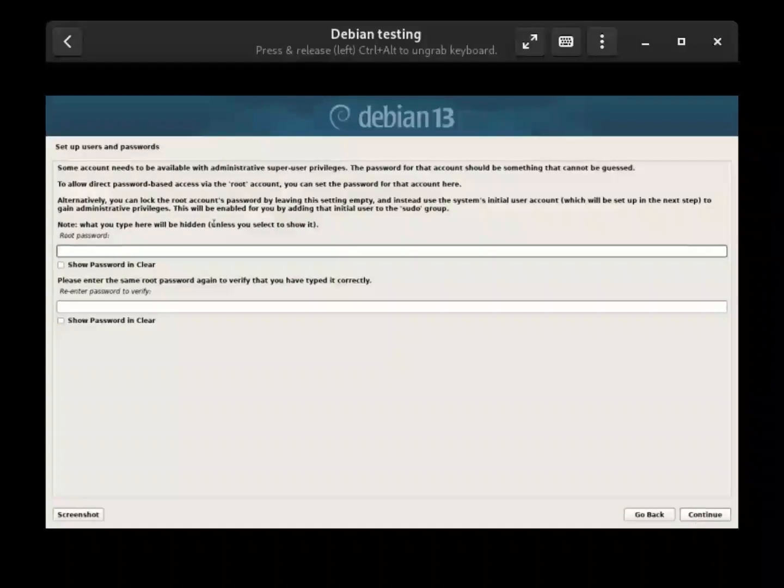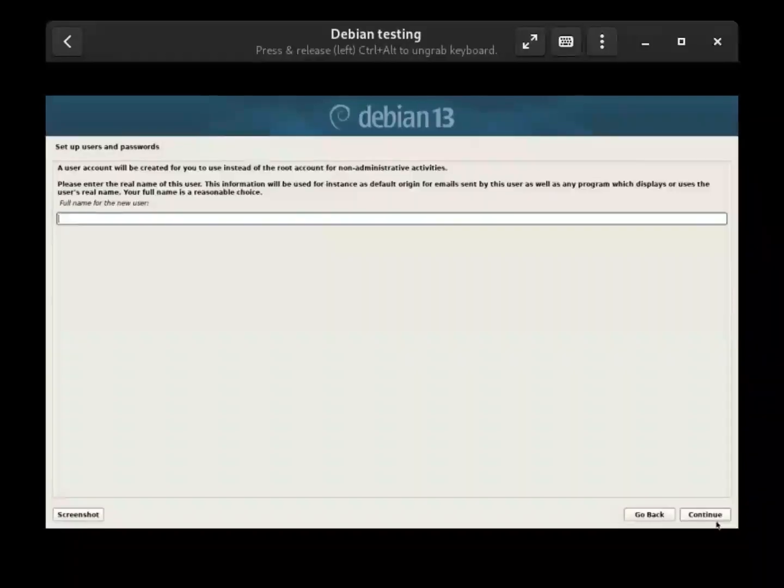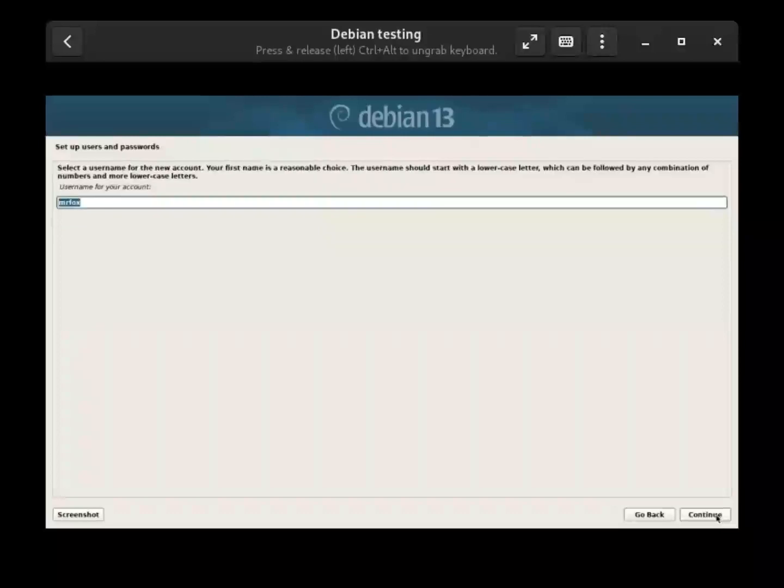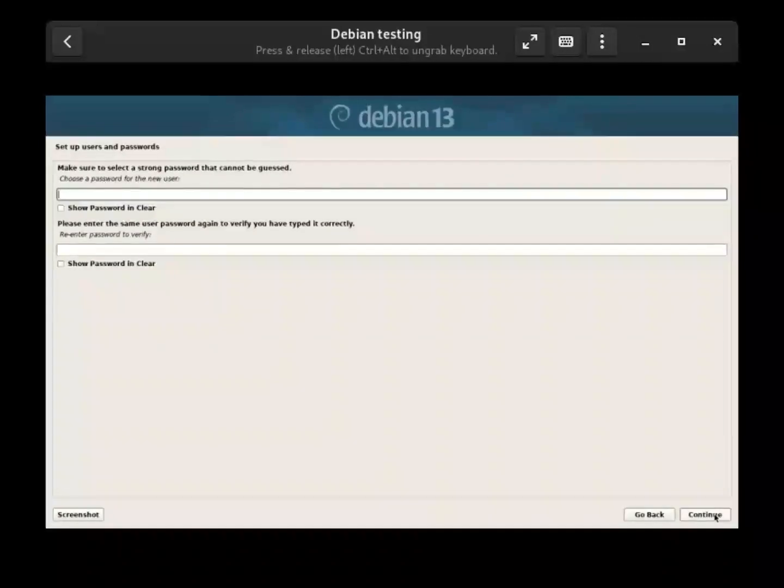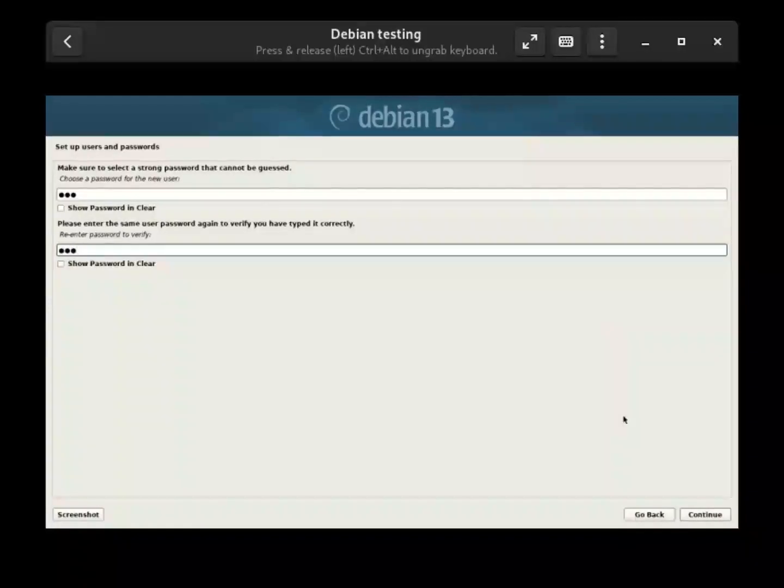And let's select the root password. We need to enter a root password. The root password will create an account called root apart from the normal user. Then the name of the user, we need to type Mr. Fox, and the username will be the same as that. And let's choose a password for the new user. The password for the new user can be the same as the root one or can be different,